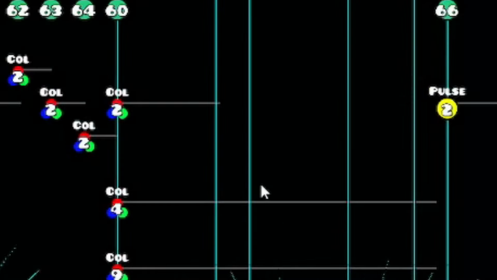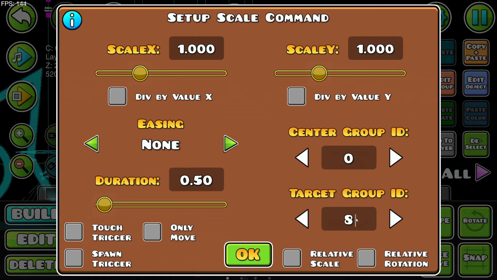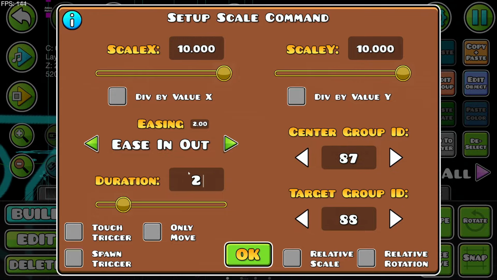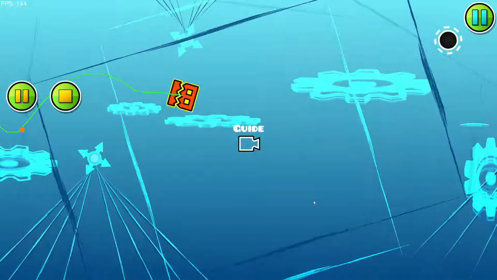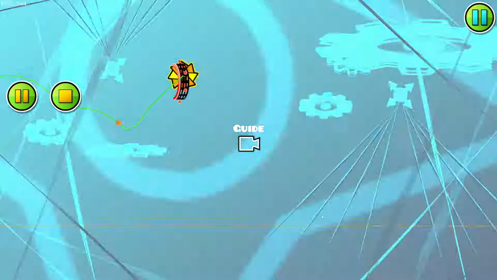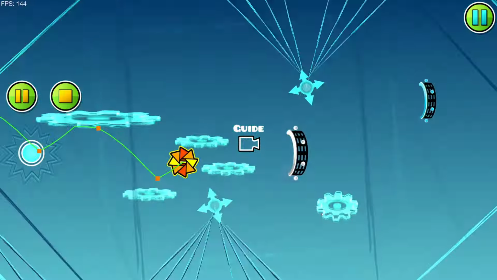I like this. And what's nice is that to exit, I can easily just scale up the collective group 88 around 87, like 10 times, something like this, easing out 2 seconds, and they will literally disappear because this layer is so huge. There's a gap in the middle, which is where the center point is. These objects are just going to scale away from that center point really quickly and